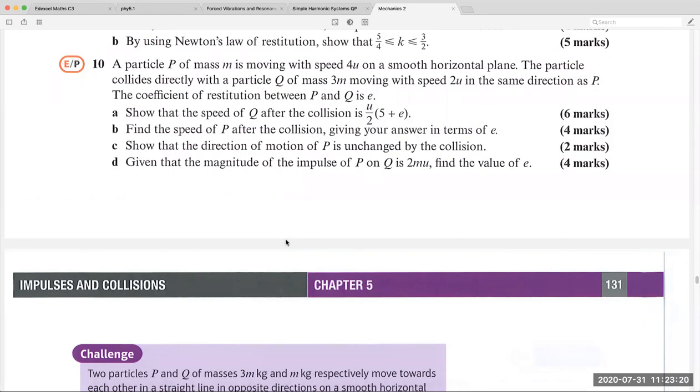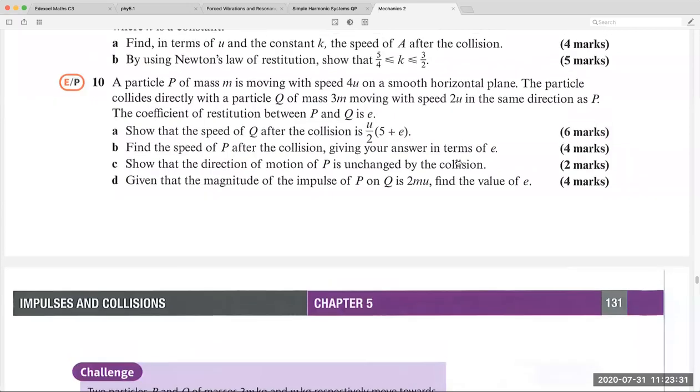Finish. Yeah. If you finish that, then let's see how to do it together. So for part A, that was 6 marks. No,